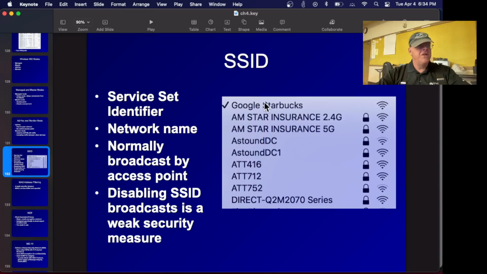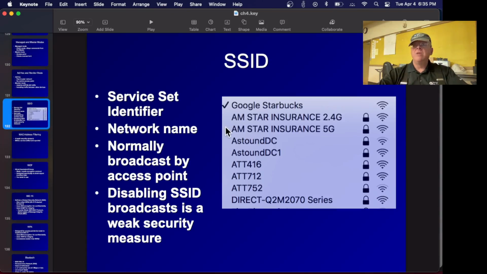All right, the SSID is the name of the network. You go into a coffee house or something, you'll see this list in your operating system wireless connection pane. This is the network name, just an alphanumeric name. It can be anything you like. This is broadcast frequently, and you can turn off the broadcasts to hide your network so it doesn't appear on the list. But if you do that, then if you try to make a larger network with several access points and let people roam, they can't roam because it uses the beacons to tell when you're moving away from one access point and moving to another, and it's time to switch over to that one. So hiding this is a pretty lame security feature. Some people recommend it, but it doesn't really protect you very much.